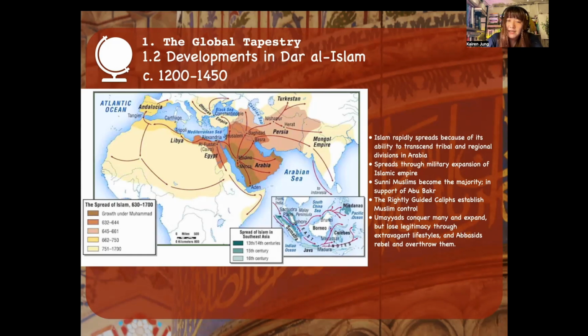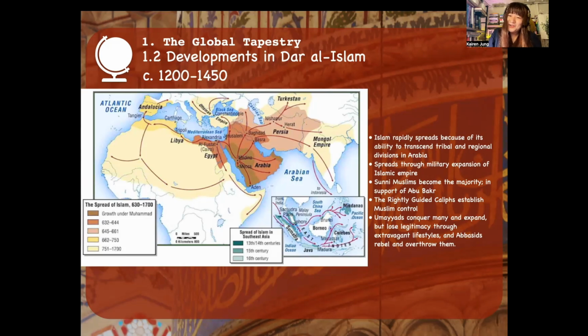Now, after Muhammad's death, again, this was during the classical period, so it's not really in our time frame because we're starting in media res, but immediately after the Prophet himself passed away, you had this division between his supporters, and the supporters of his wife's father and his daughter's husband. There's a lot of theology, history, culture and age-old rifts that go into it, but for now we're focusing on the fact that the Sunni Muslims were the majority, supporting Abu Bakr,